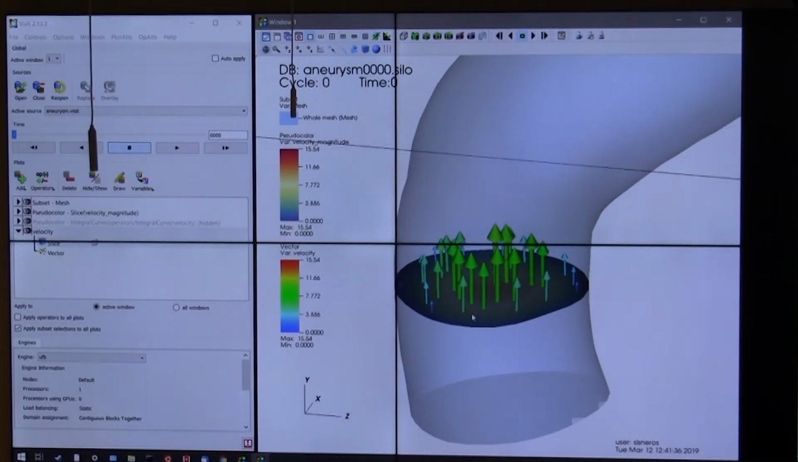So hopefully what you have looks like this, where I'm going to zoom in on this little tiny area. Whoops. All right, so we're looking at just the vector field on top of that little slice plane. Okay, so then